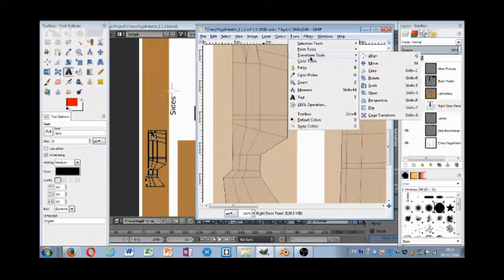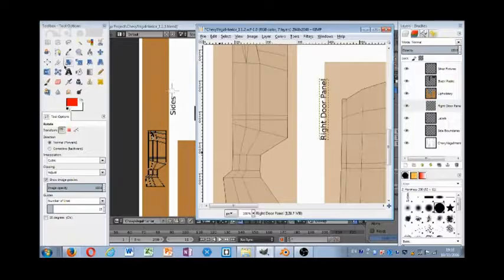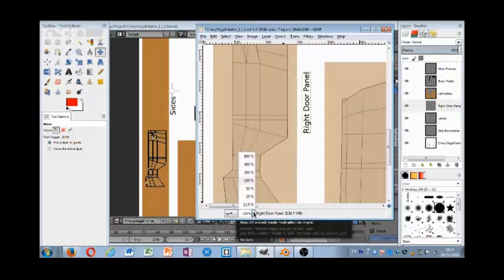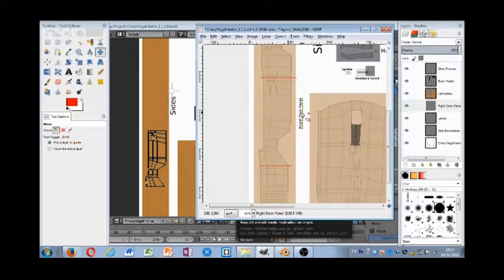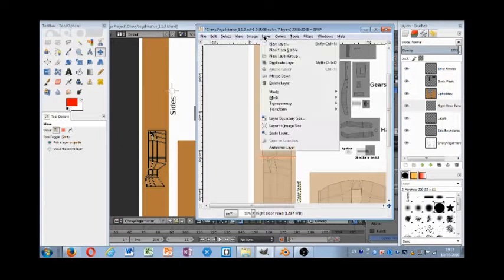Then I use the rotate tool so that it fits in there a little bit better, minus 90 degrees. Rotate, then move it. Zoom out. So in any case,